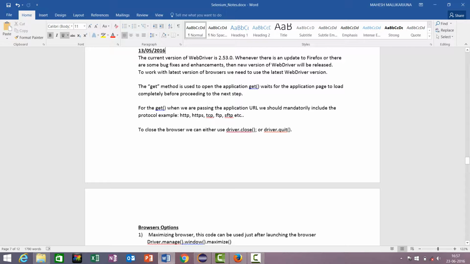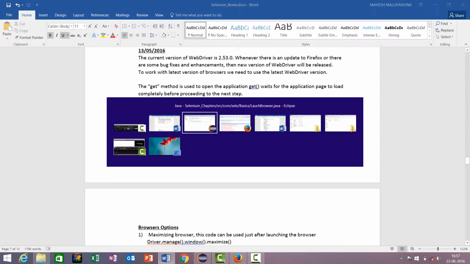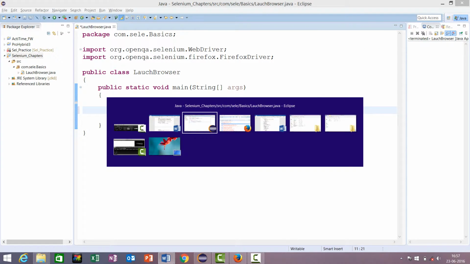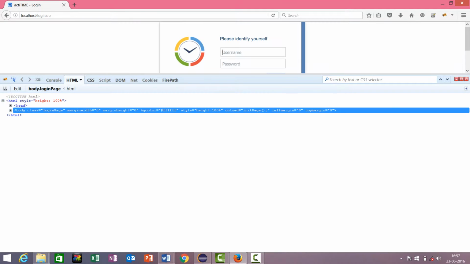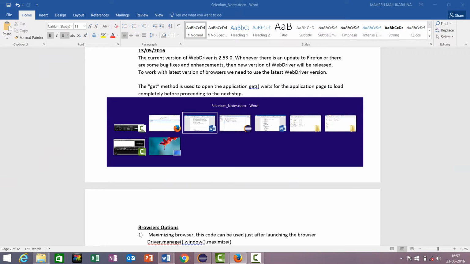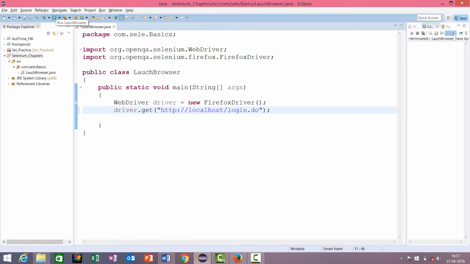Whenever we pass the application URL, we should mandatorily include the protocol, for example HTTP, HTTPS, TCP, FTP, SFTP. Now I am passing our application URL. Now if you launch it,